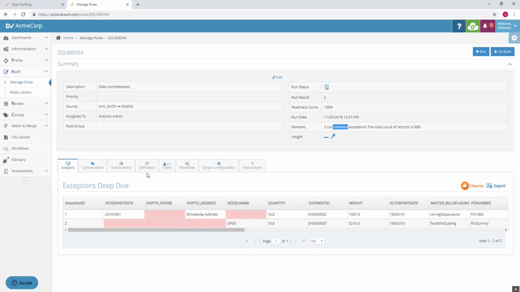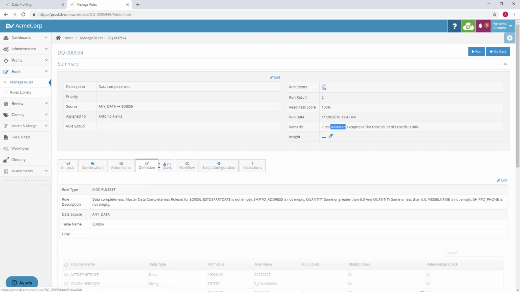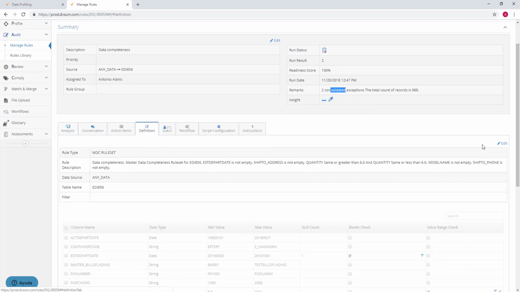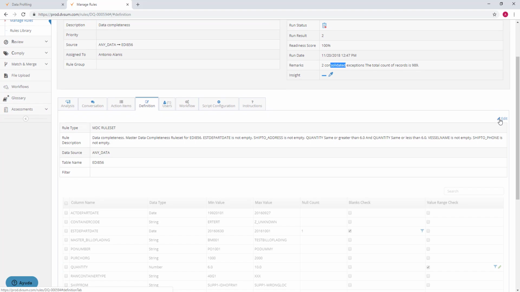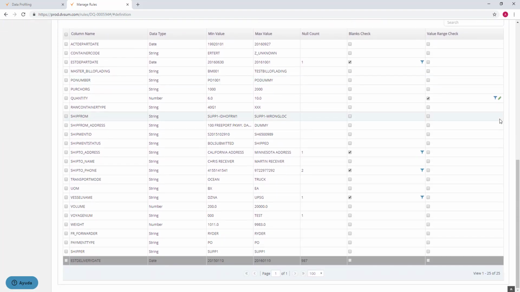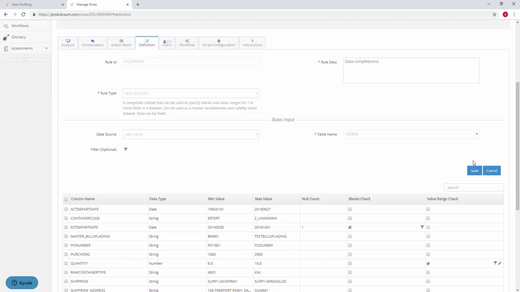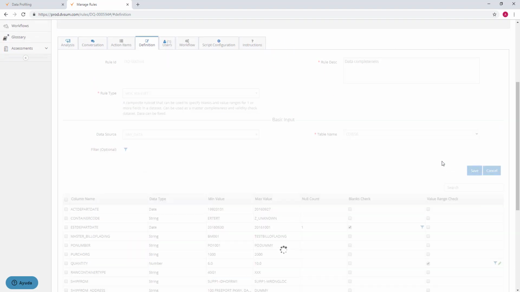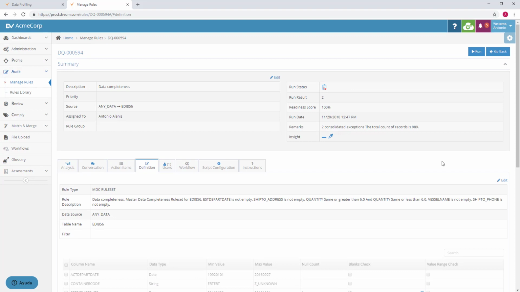If you need further changing the rules or creating, you can go to the definition tab and press the edit button. And from here, you can change your own rule. After you have finished, just save the rule and then you run it again. This is how you use profiling to find